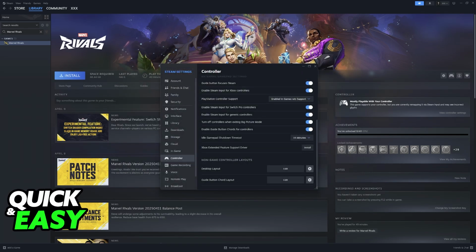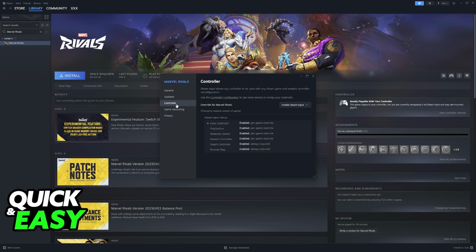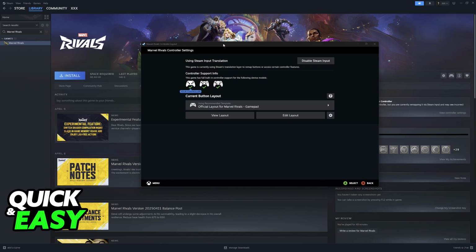Now, if you want to do it for specific games, then what you have to do is right-click the game, go to Properties, Controller, and in here you can again double-check to see if Steam input has been enabled or disabled, so change this according to what option you want to use, and then go into the Controller Configurator. Inside of Controller Configurator, you can manage the current controllers that you have connected and the layouts that have been